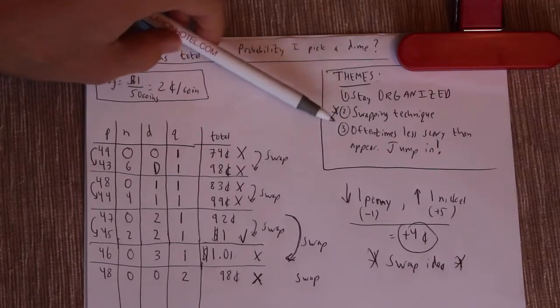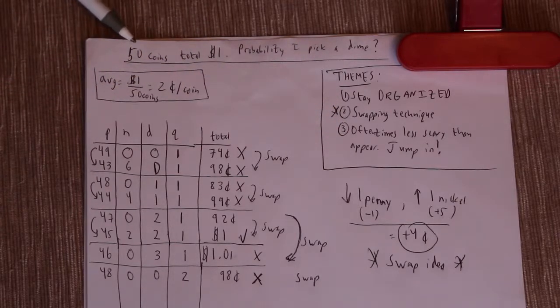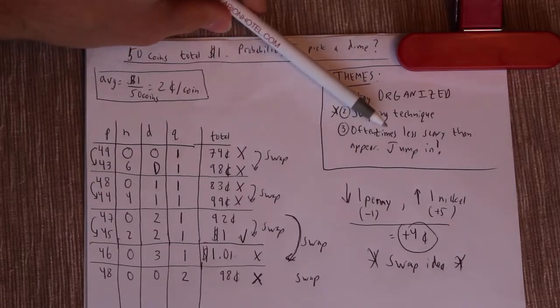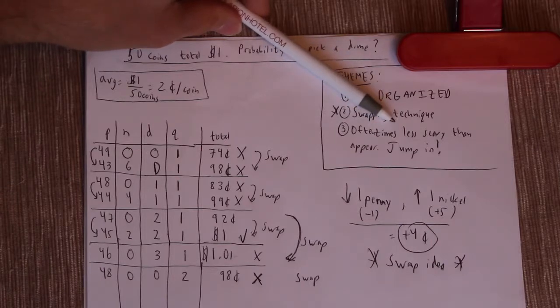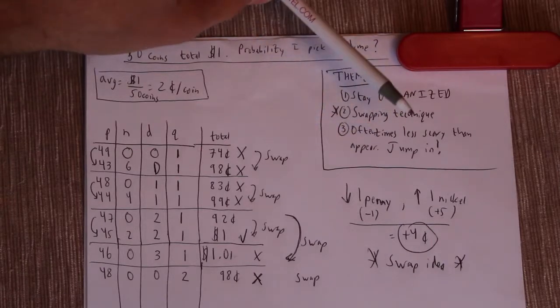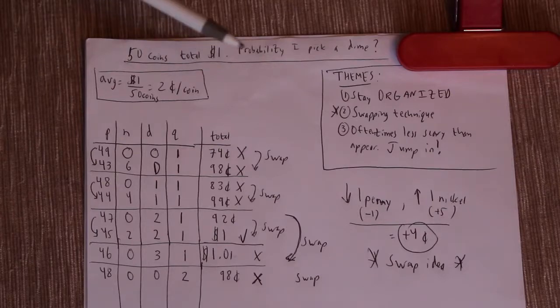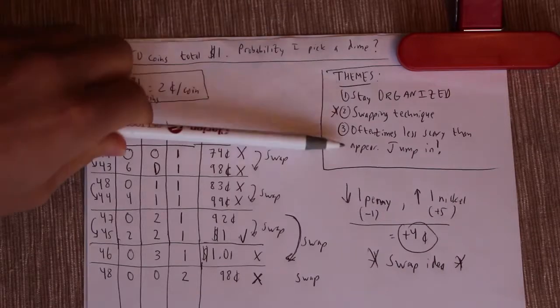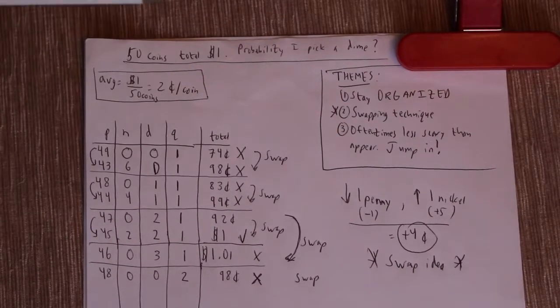Number three is, what can seem intimidating about this problem is that there are 50 coins that total $1, and you might think, oh my God, there might be so many ways of doing this, I don't even know where to start. Oftentimes these problems are less scary than they appear. So jump in, start listing things out, and nice things will happen. If you thought there would be hundreds of cases, or 30 or 40, you might find it's really not that many cases. So don't give up prematurely. That's number three, and that's a powerful life lesson in general. All right, let's dive in.